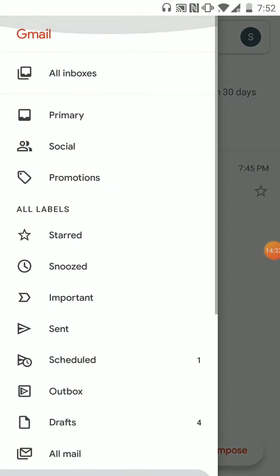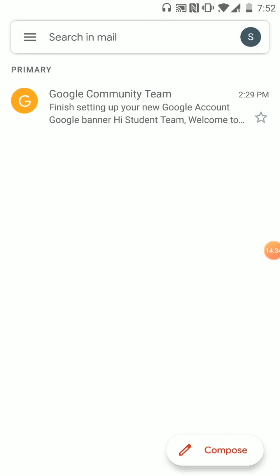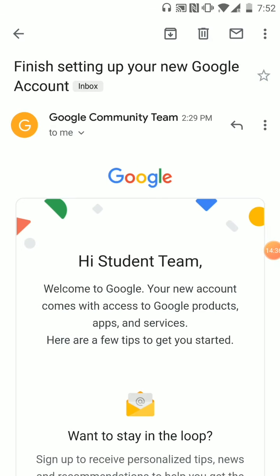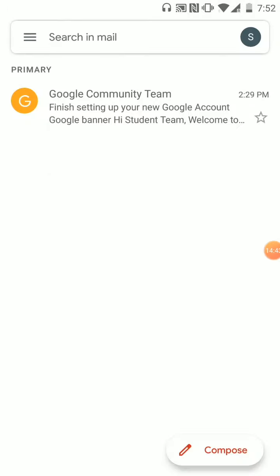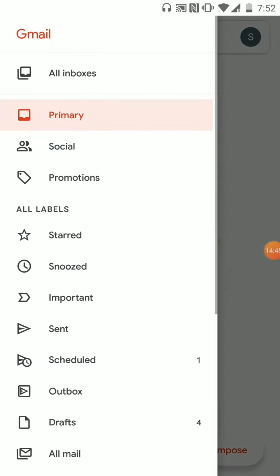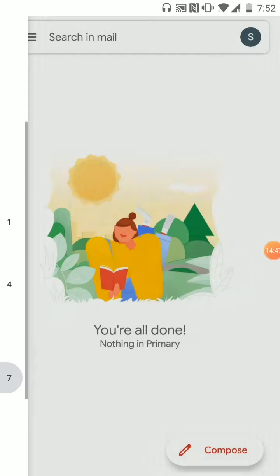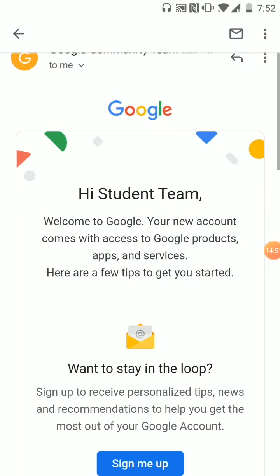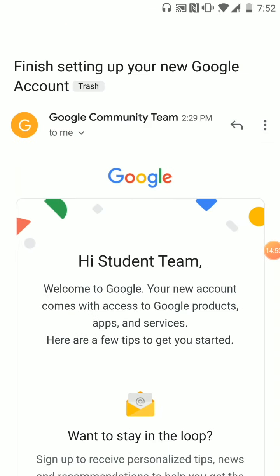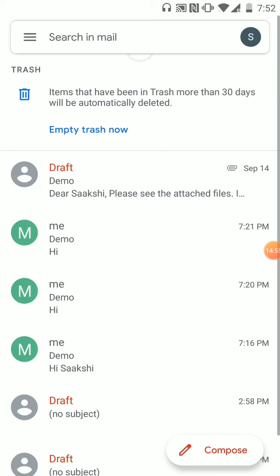If you want to delete a mail from your primary inbox, you can go to this bin option that's given at the top. Once you do this, the conversation will be deleted. Then you can go to your trash and you will see this mail is here. So when you delete a mail, it automatically goes to your trash.